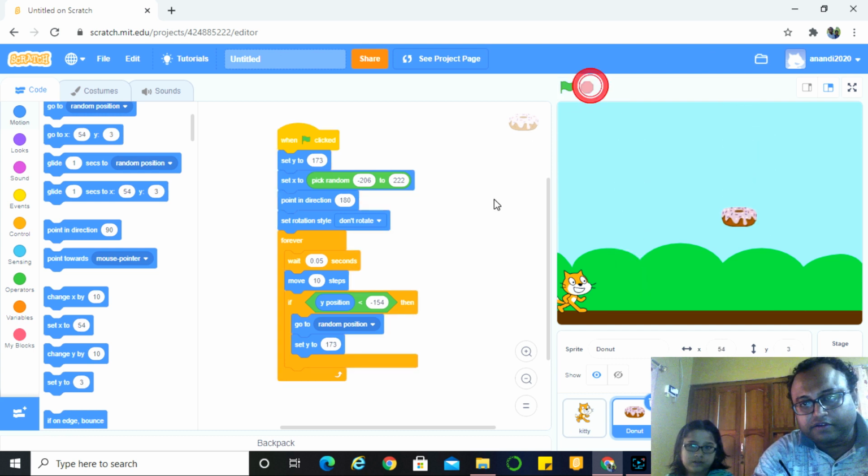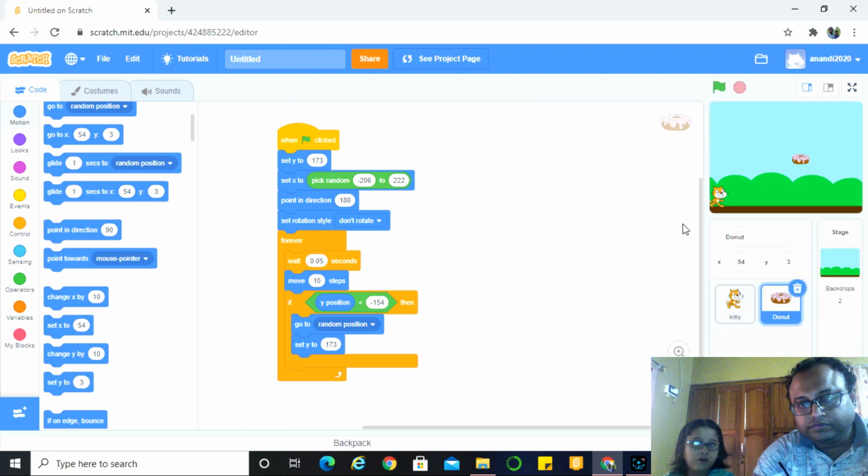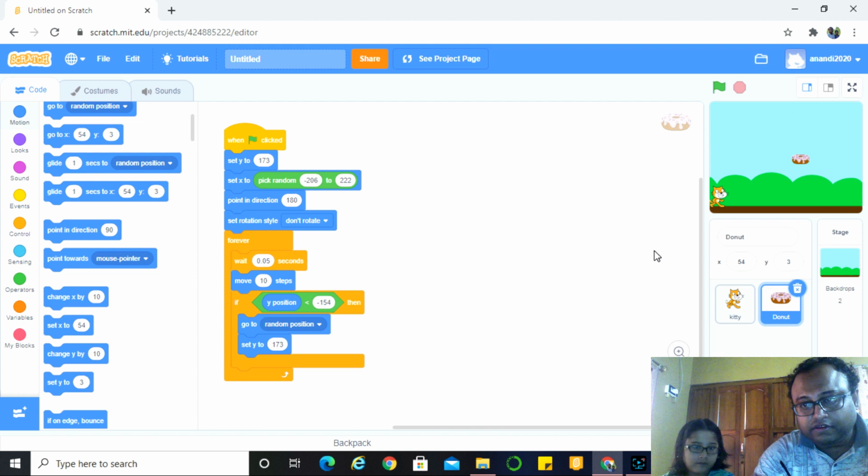Let's move forward. Now we will program the ghost. No, let's wait. The cat needs to eat the donut. So for that, what will you do? You will need to program when the cat collides with the donut. How will we do that?